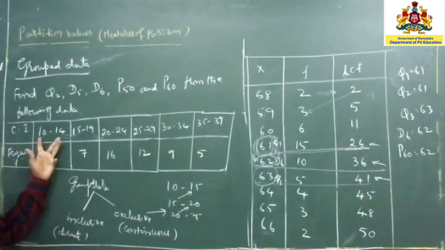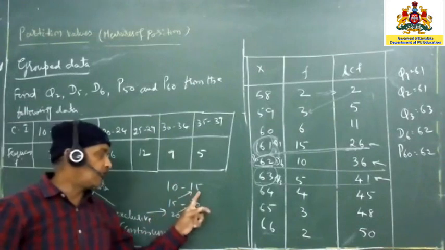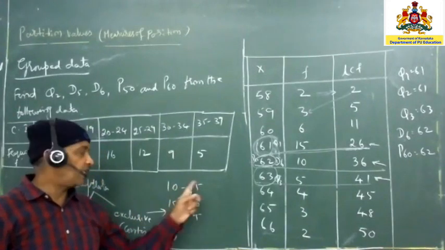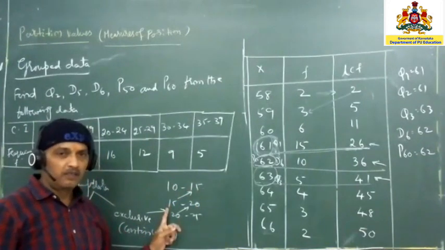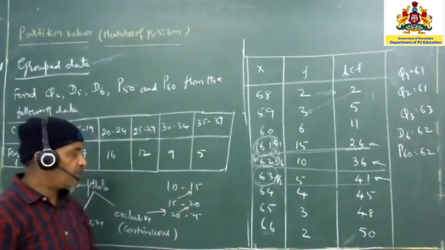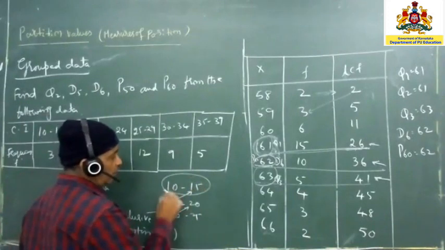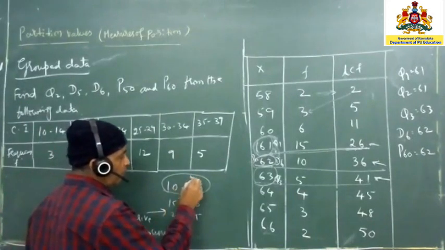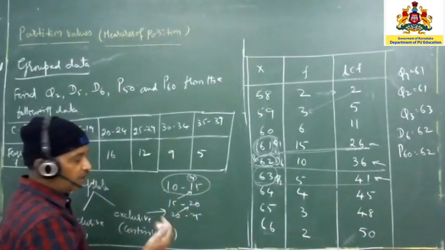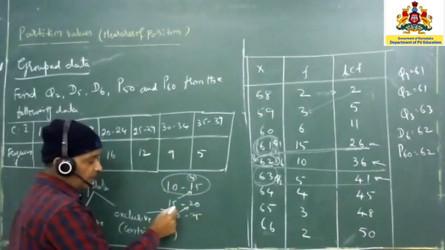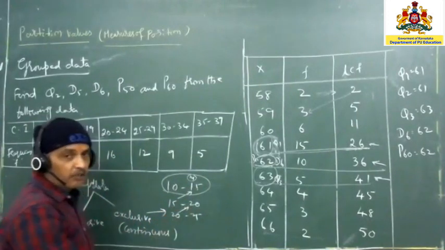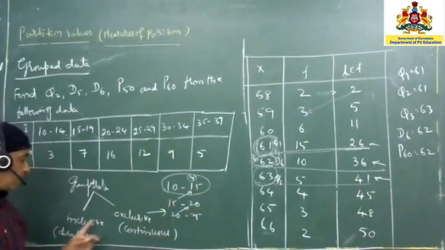Inclusive in the sense both the numbers are included. Now you cannot count it here itself. So 10, 11, 12, 13, 14. 15 if we take it, because 15 is here also there. That's the reason why we give preference to this 15, not this 15. It means even though we have written here 10 to 15, we are going to count it up to 14 only. That is 10, 11, 12, 13, 14. And 15 we start from here: 15, 16, 17, 18, 19, but not 20. 20 we are going to start from there. So that is what we mean by exclusive class and inclusive class.